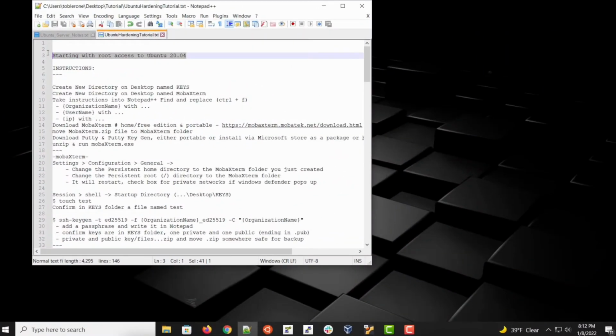This tutorial is about setting up Ubuntu 20.04 from a Windows platform, and we're going to be using a well-known tool, PuTTY, to create some SSH keys and access Ubuntu with PuTTY. But we're also going to be using a software that's new to me, and that's MobaXTerm. This MobaXTerm tool has a lot of really great features, and they're both free to get and use on